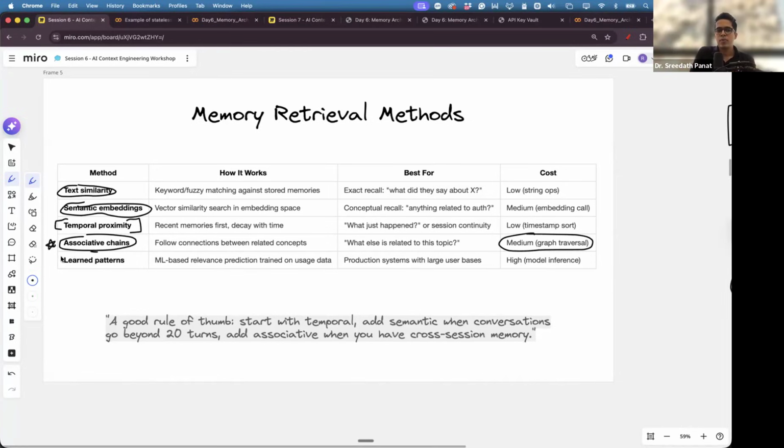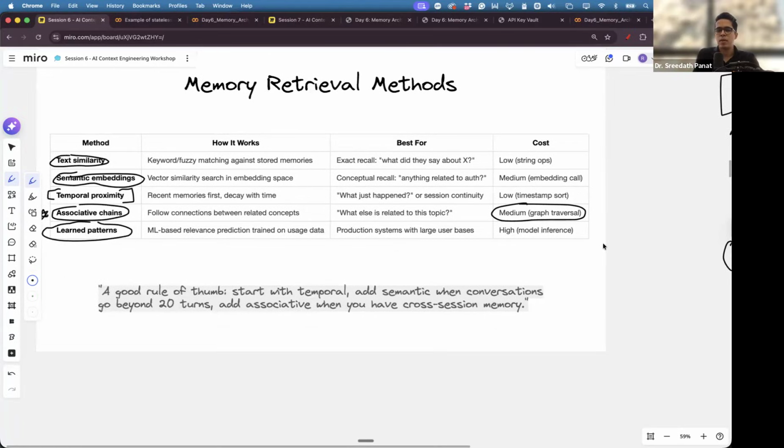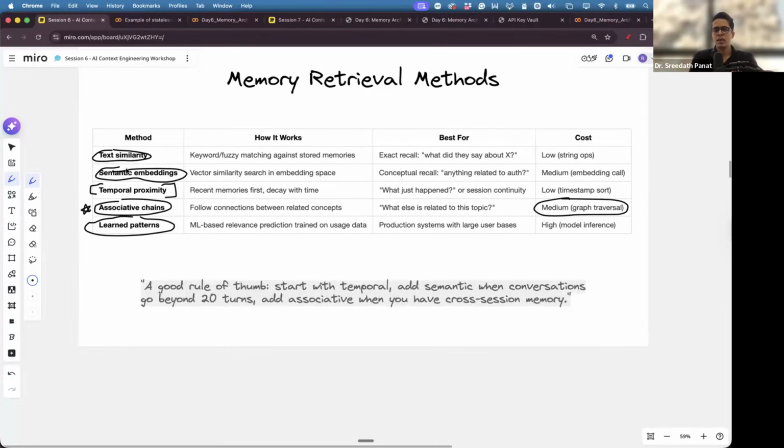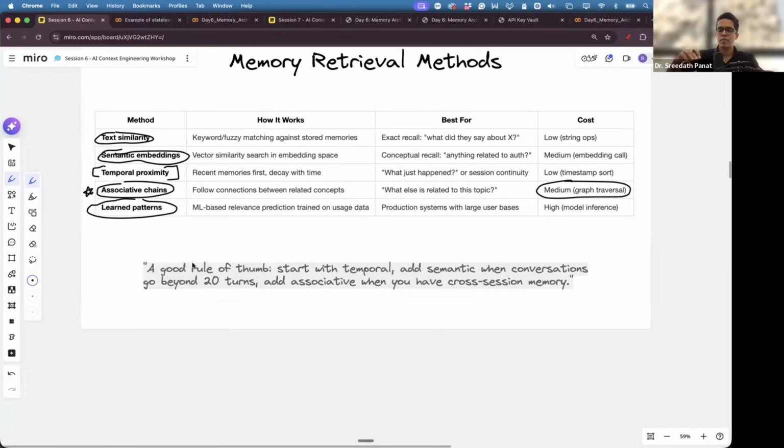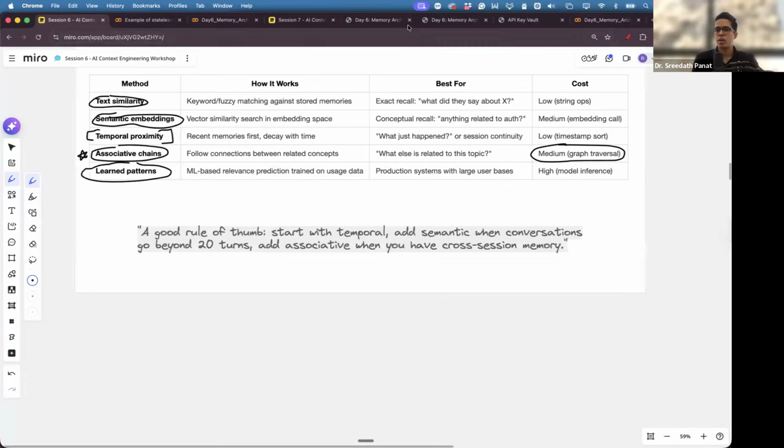And the most complex out of all of this is using some machine learning or deep learning algorithm to predict what item from the memory we need to fetch. Obviously it is much more computationally intensive, and I have never used it so far in any of the industrial projects. In most of the projects, I have used the first 4. Text similarity is the most commonly used. Semantic embeddings, even in the email tool which I'm building, I'm already using it. Temporal proximity is also very often used. Graph-based memory is less frequently used, and predicting what aspects of the memory you might need to fetch from an ML or deep learning framework, or some ensemble model like XGBoost, is in my opinion even